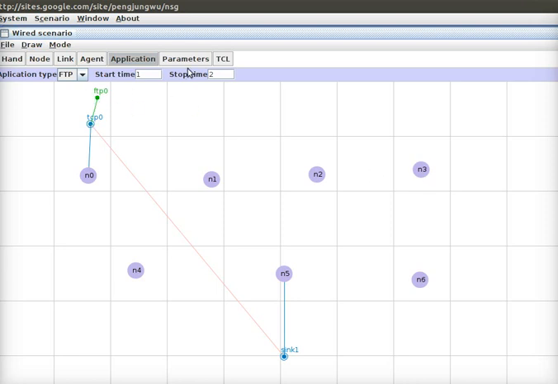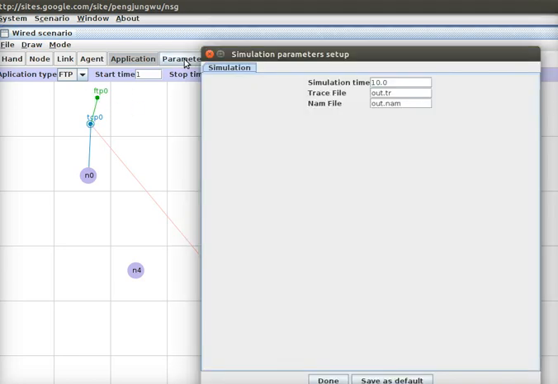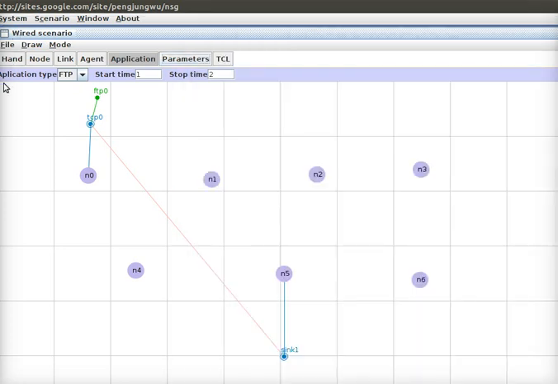Once we have this, you can give it in the code. In the parameter you have to save it as any name. I'll be saving it as 3, and also the nam file. I'll be giving the same name just to identify it. Then click on done. Once it is saved,